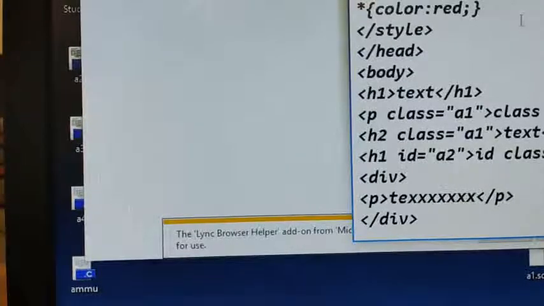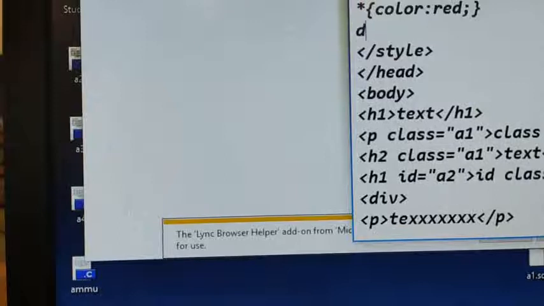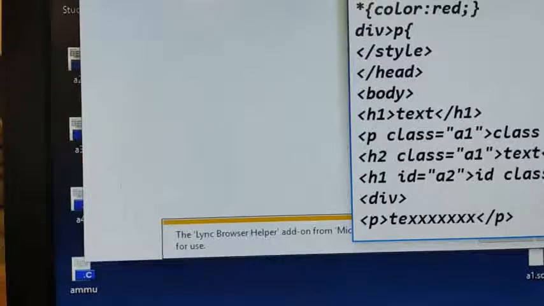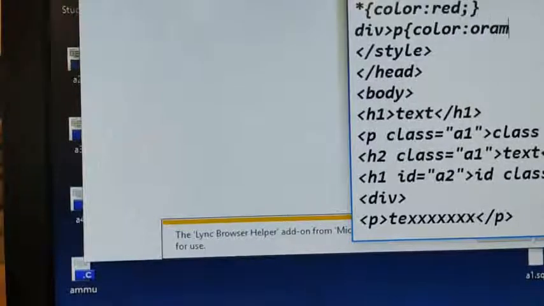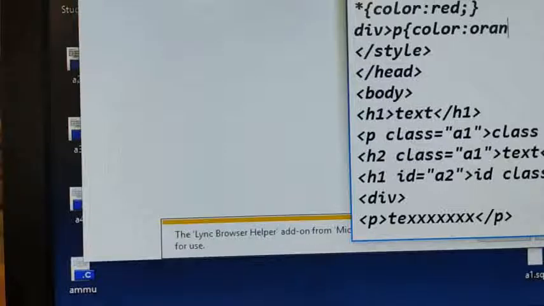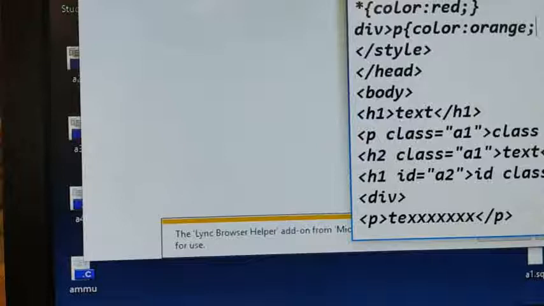Now in the style tag only I am giving the division and the paragraph, color. Save it.